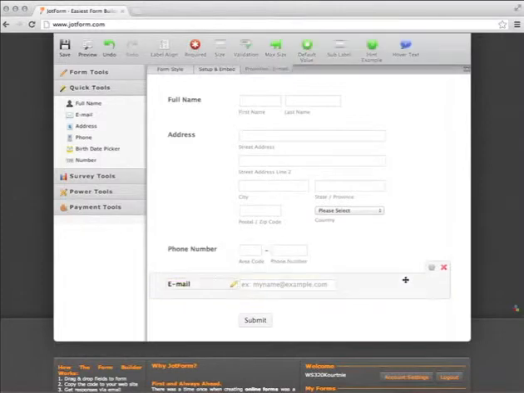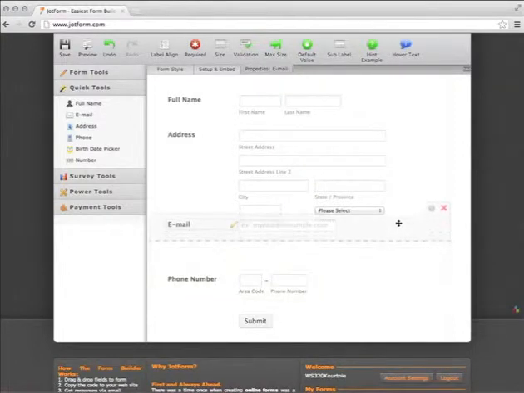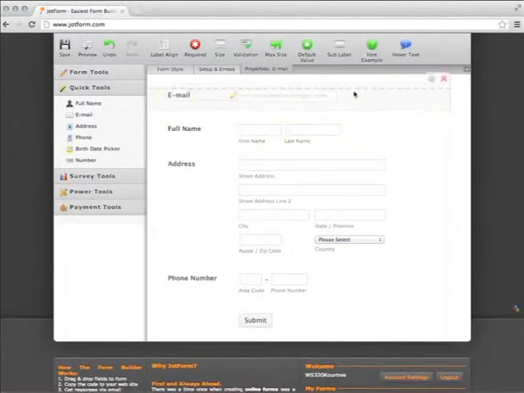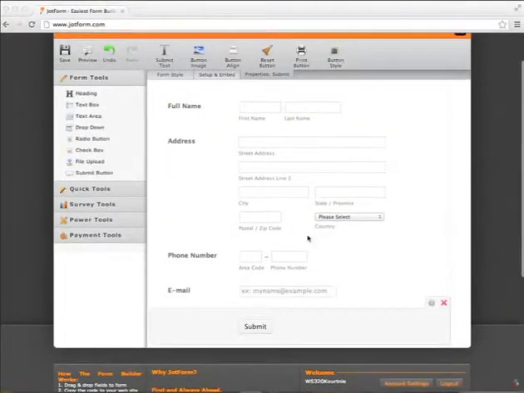But if you would like for people to be able to put in the email address first, all you have to do is make sure that the mouse symbol looks like it does right now, kind of the little cross, and go ahead and drag it up. So say if I want it to be above the name, bam, right there. Okay, so now that you've learned how to use your quick tools and change them around,